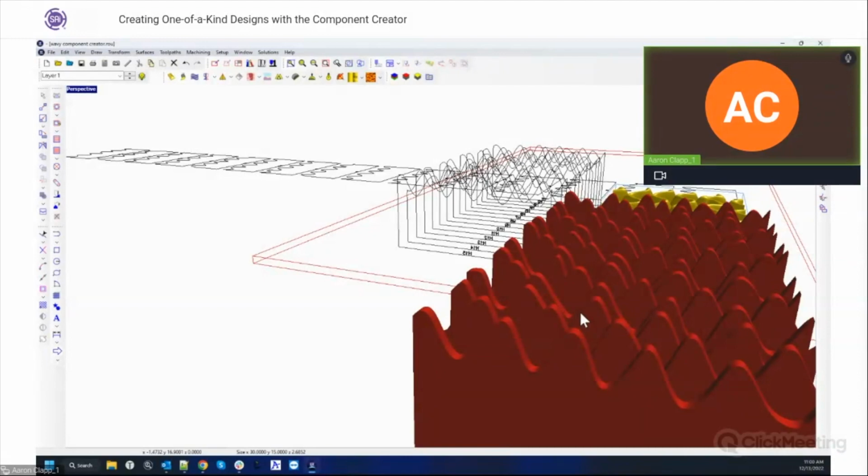I think if you take the time to learn how the 3D objects and the 3D reliefs work in EnRoute, even toolpathing aside, you don't even have to worry about toolpathing, and you want to do some really cool 3D stuff with 2D geometry, where you just cut flat stuff out of material, you don't have to get into toolpathing. You could just get into learning how to create 3D reliefs with some of the tools that we have available. And then you can use the component creator to create some very unique custom pieces that probably nobody else can make. So any questions on this or anything that we looked at in this particular